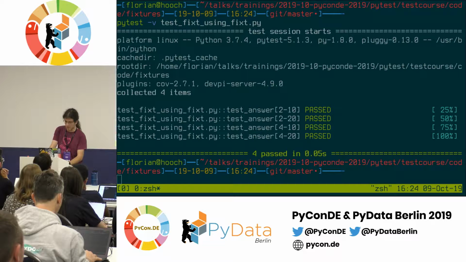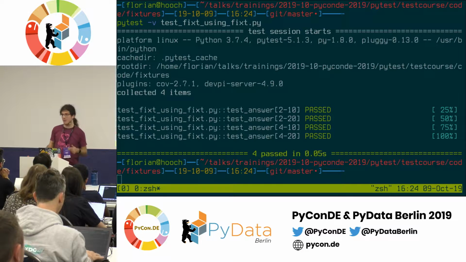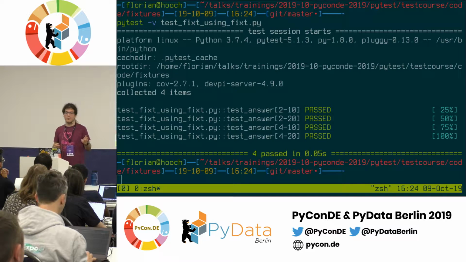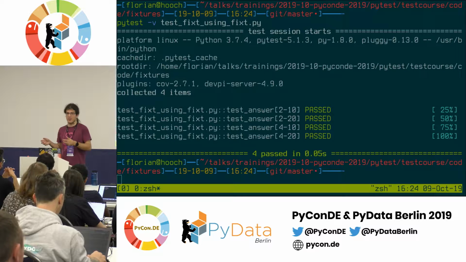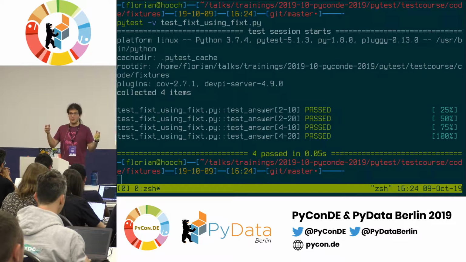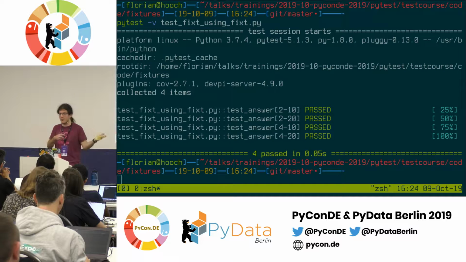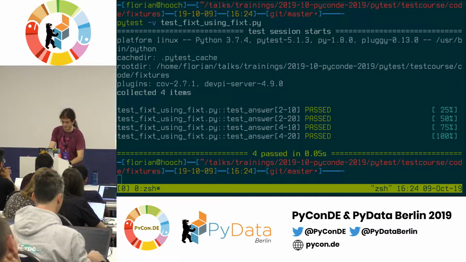But I think the basic thing to take away is that you can use fixtures inside fixtures, which is quite nice to build up some kind of more complex structures. If you have some kind of object you need in your test, and that object needs another object, you just have a fixture for each thing you need, and then you combine them however you see fit.